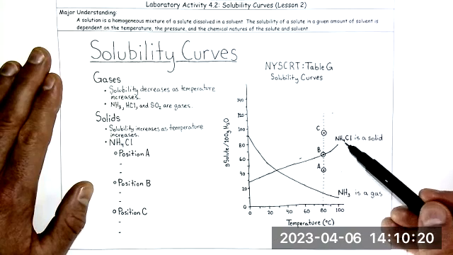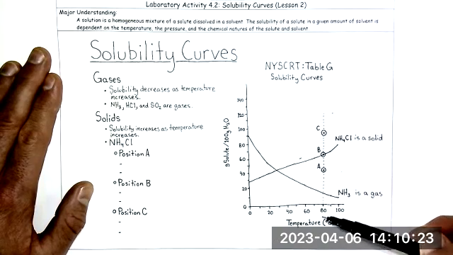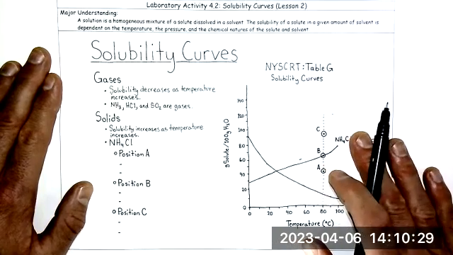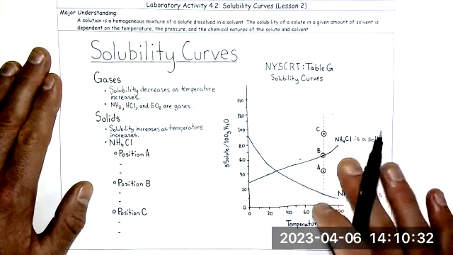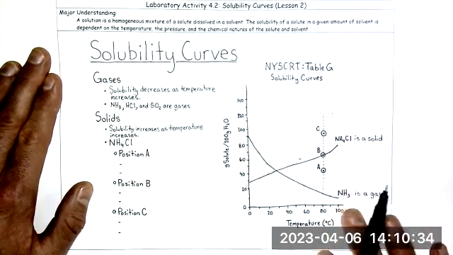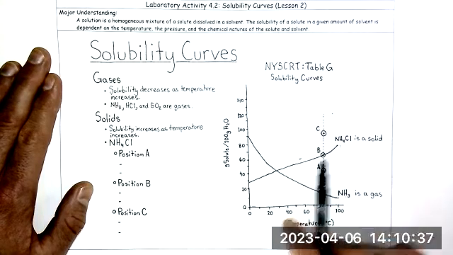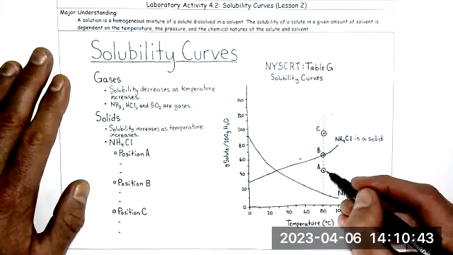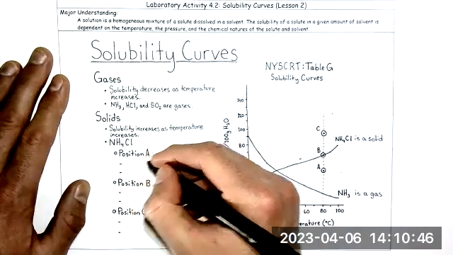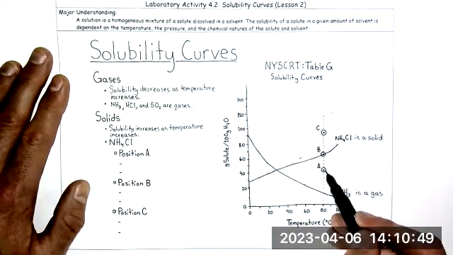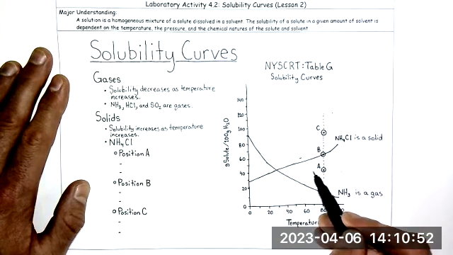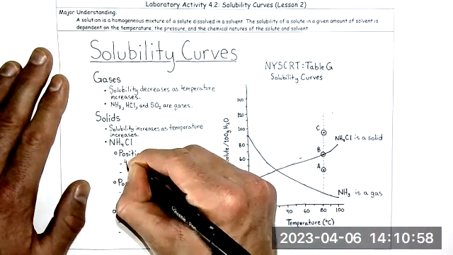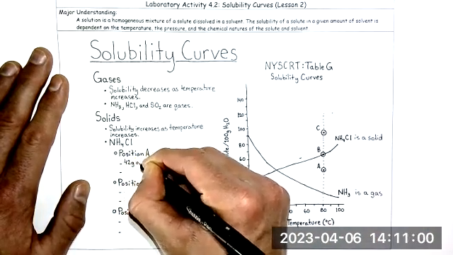Okay, and we're going to consider just NH4Cl, and we're going to consider the temperature of 80 degrees Celsius and these three specific points on table G in relationship to the NH4Cl curve. Okay, so we're going to kind of ignore ammonia for a second and just focus on this one curve here. Okay. So if we're looking at position A here, if we were to read this table correctly, we'd say at 80 degrees Celsius, position A has 42 grams of solute. Okay, so it'd be 42 grams of solute